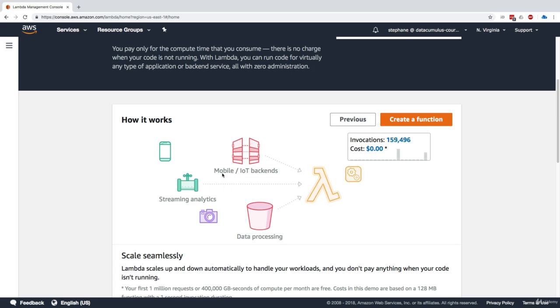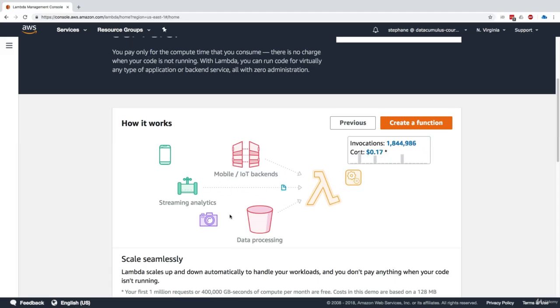And then the idea is that it's scaled seamlessly. So as your streaming analytics, for example, if you click on it, you send more stuff. As your streaming analytics sends data to Lambda, as you can see, the number of little cog wheels right here on the right hand side represents how many Lambda functions are executing. So if we send a lot of photos in our data processing, a lot of streaming analytics, we can see we're running 9 functions concurrently. And then when the load goes down, it goes back to only 1 function concurrently.